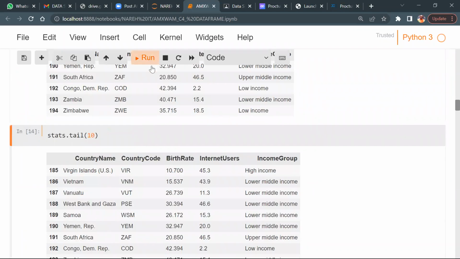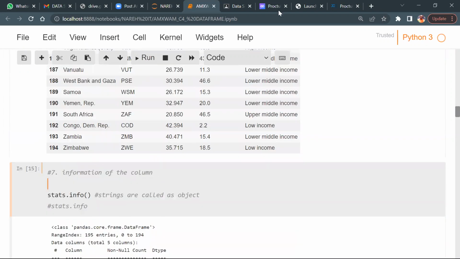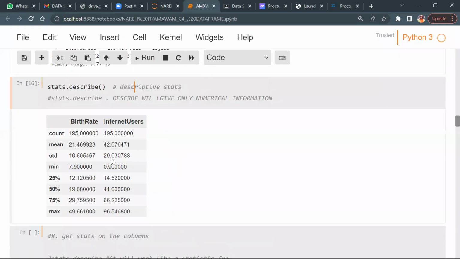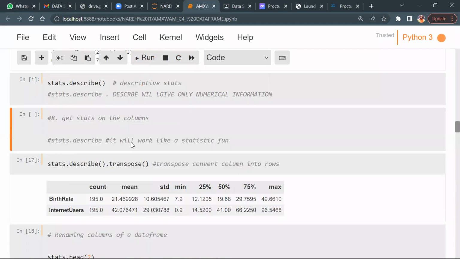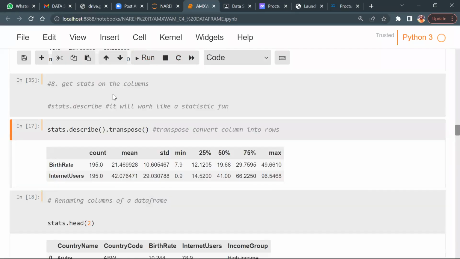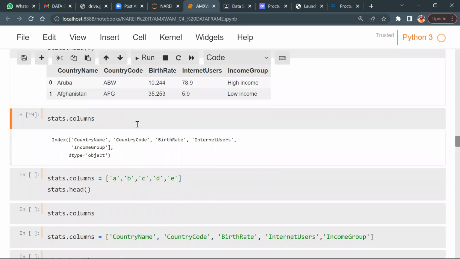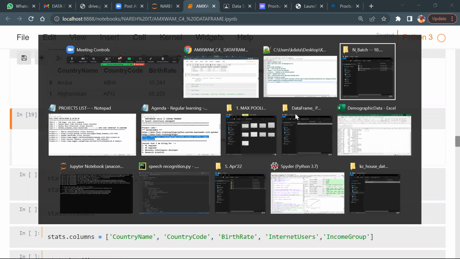Now let's run. Info. What exactly will info do? It will give you information on any missing values, and also the data types and the memory usage of the data set. All those things it will give. Clear? Yeah. Now the next one, I think I stopped here. Let me open the data set first so that we can understand all those things.